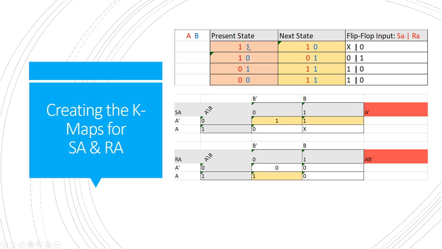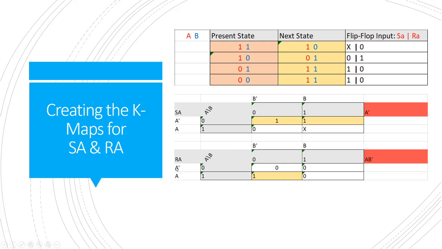So we look at 1, 1, that's going to give us an x. 1, 1, we fill in an x here. 1, 0, it's going to give us a 0 for SA, and we have a 0 here. 0, 1 will give us a 1. 0, 1 will give us a 1. And 0, 0 will give us a 1. So we can see that we could group these ones together, which will give us not A